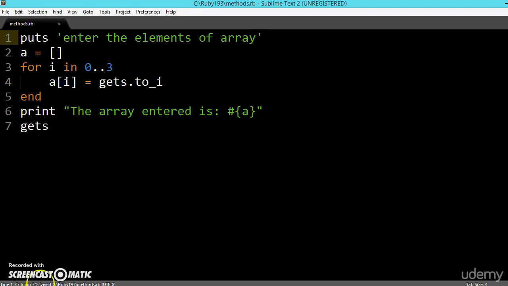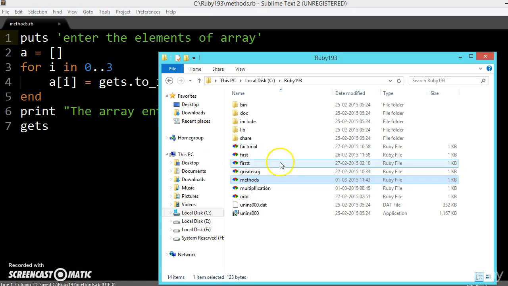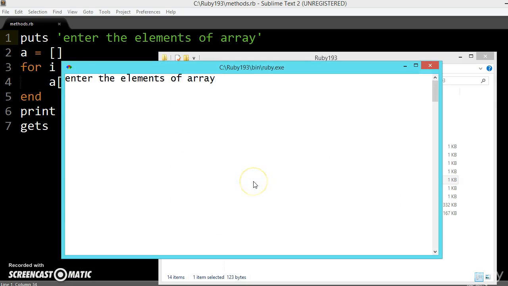Control S. Now open the file, enter the elements of array: 1, 2, 66, 77. So the array entered is this one. So we got the array.